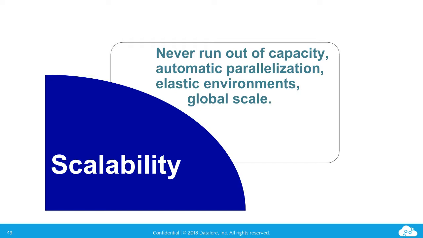Scalability. If we have a solution that needs a lot of resources, we don't have to go out and buy 50 or 100 servers for a short time. We can just spin them up in the cloud, in parallel. There's an elasticity that's involved and that can help us out. That can provide sometimes a very good short-term solution when otherwise we wouldn't have been able to do it. At Dataleer, we spun up 60 servers for a week to provide a solution to a client, when in the past that wouldn't have been possible.